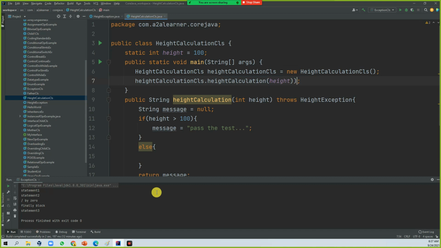So I should print this one, right? Because I'm giving back the message, System.out.println like this. So in the height calculation method, if we use this throws, whoever is calling this method, in this scenario the main method is the caller. So the caller is responsible for handling this exception.